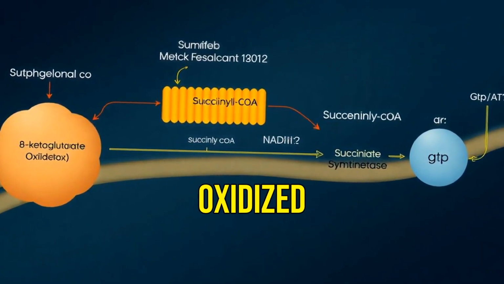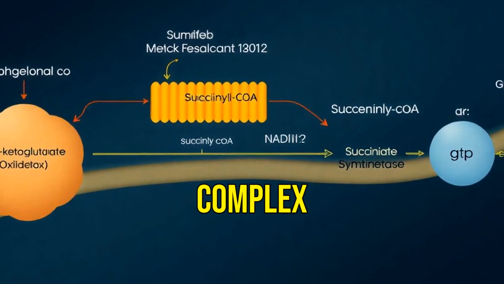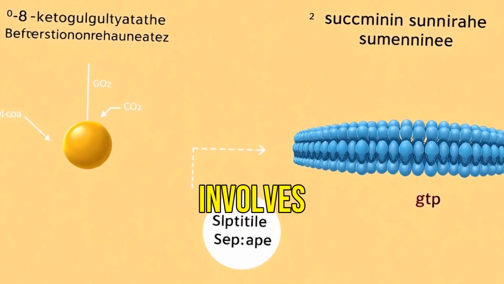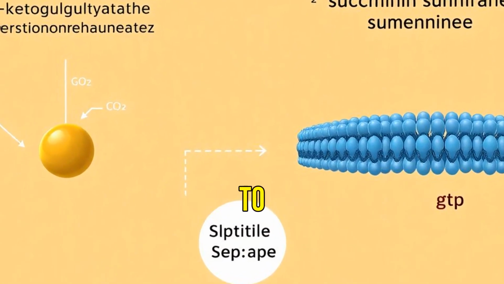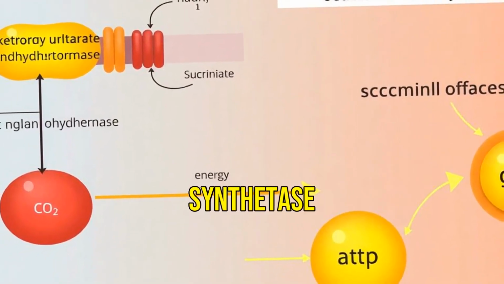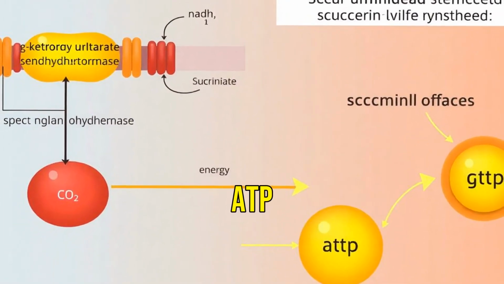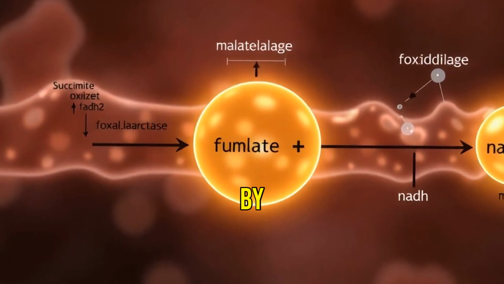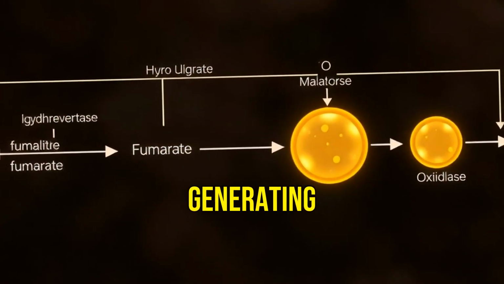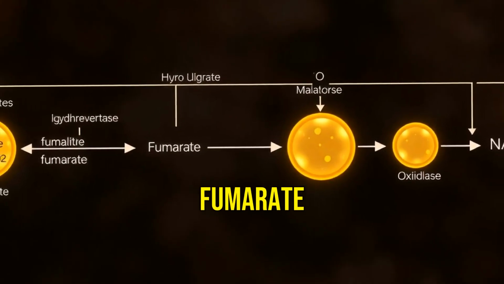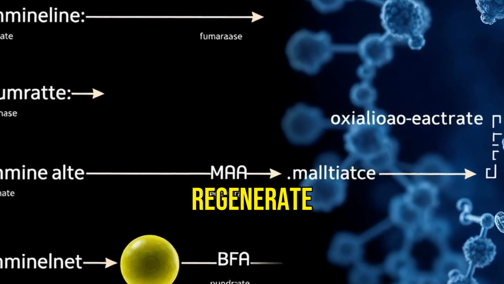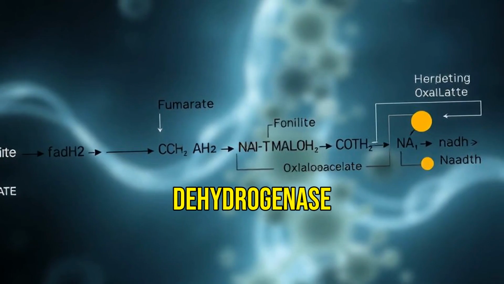α-ketoglutarate is further oxidized by the α-ketoglutarate dehydrogenase complex to form succinyl-CoA, another NADH, and the second CO2. The next step involves the conversion of succinyl-CoA to succinate by succinyl-CoA synthetase, producing GTP or ATP, depending on the tissue. Succinate is then oxidized to fumarate by succinate dehydrogenase, generating FADH2. Fumarate is hydrated to malate by fumarase, and malate is finally oxidized to regenerate oxaloacetate by malate dehydrogenase, yielding one